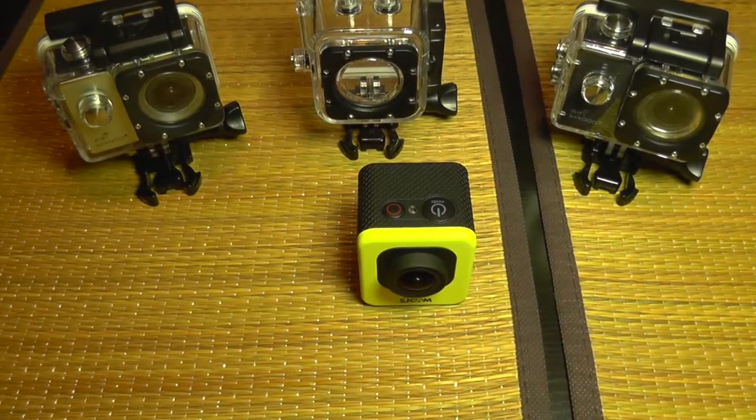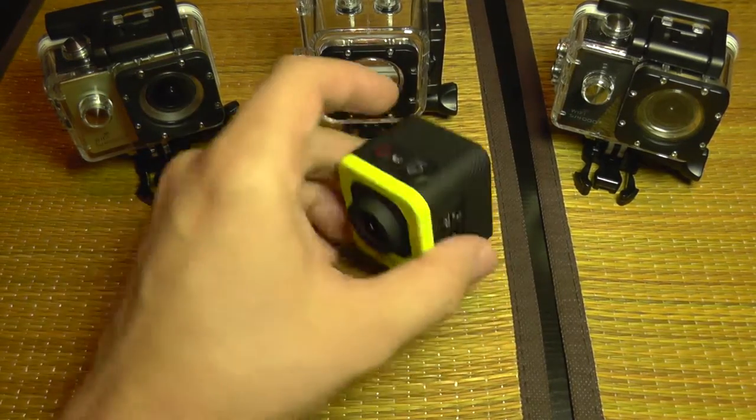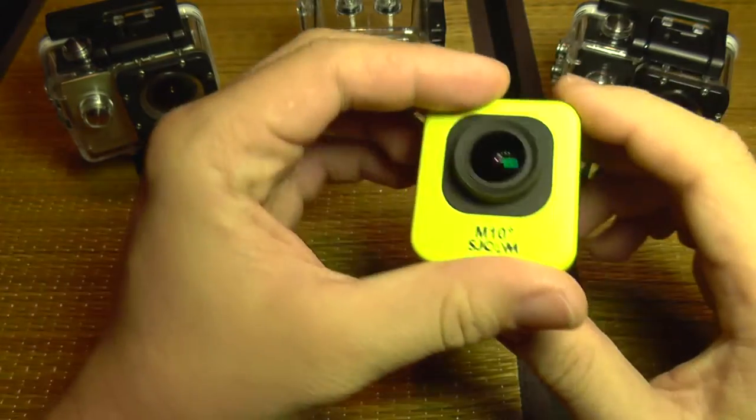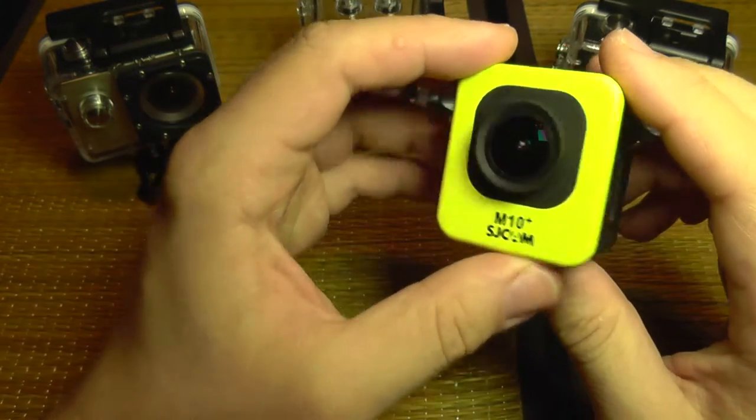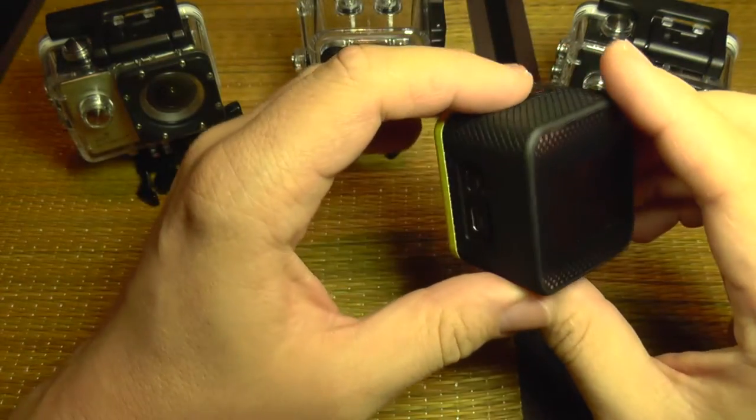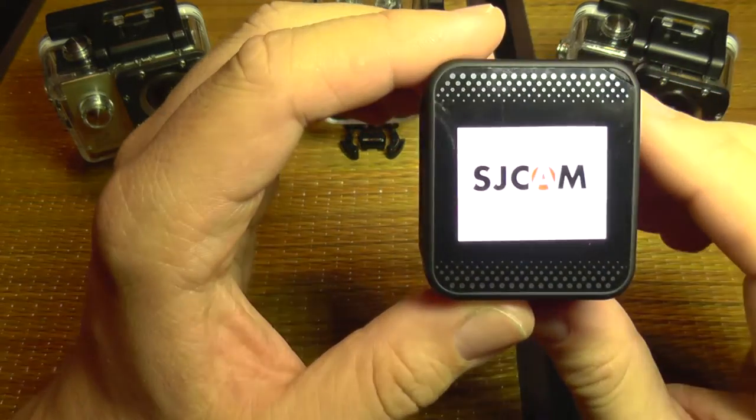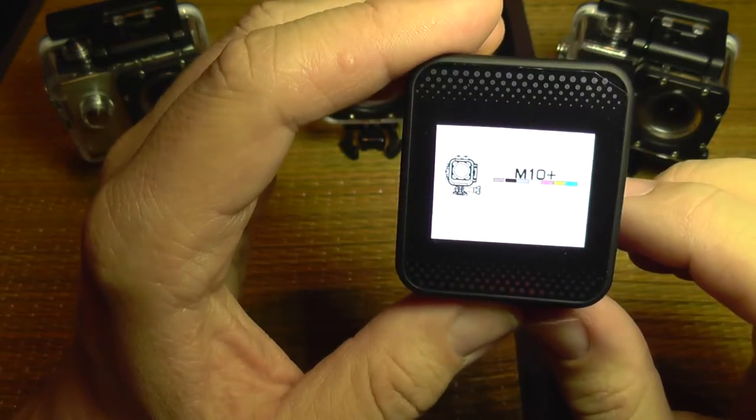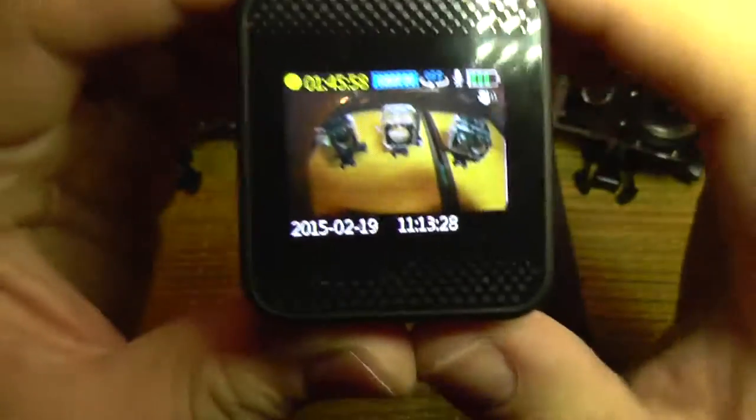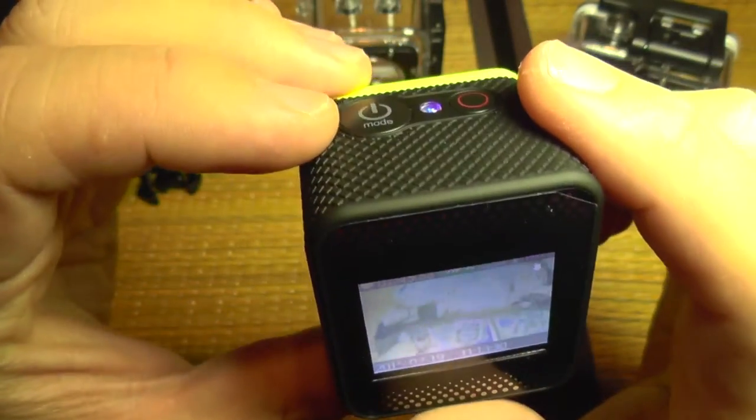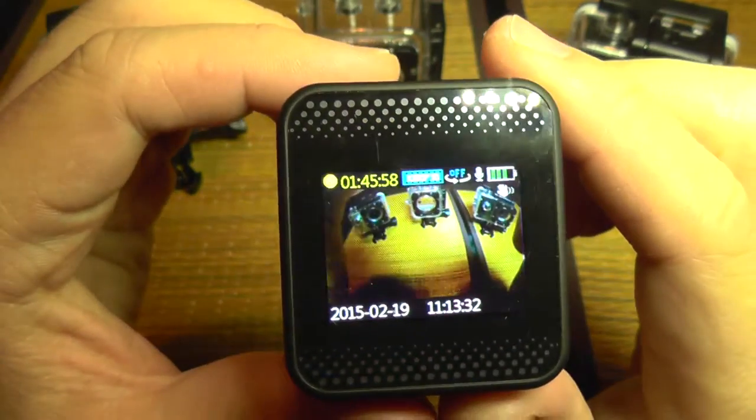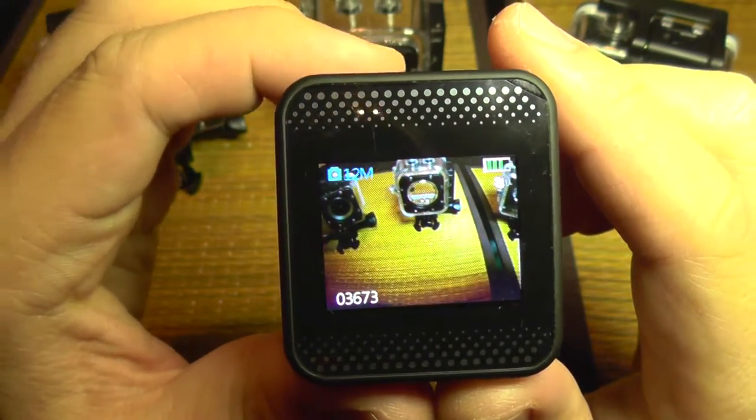Hi there, today I'm going to show you the menu of the new SJCam M10 Plus camera, and I'm also going to explain the settings from the menu, each setting that this camera has, and what each function does. I'm going to enter the menu,